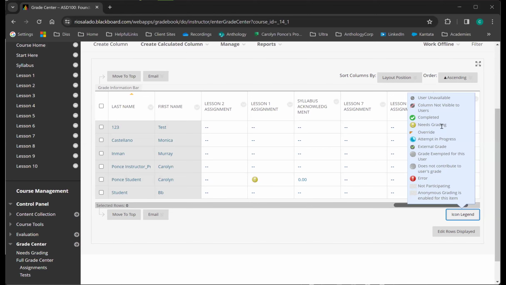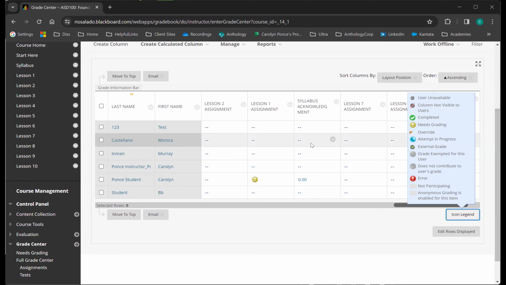There is a way to set a column to show as complete or incomplete, and that way the students that have submitted the activity or have done the activity that have a grade, even if the grade is 0, they will get a green check mark. If they have not completed the activity, their cell is going to be blank.